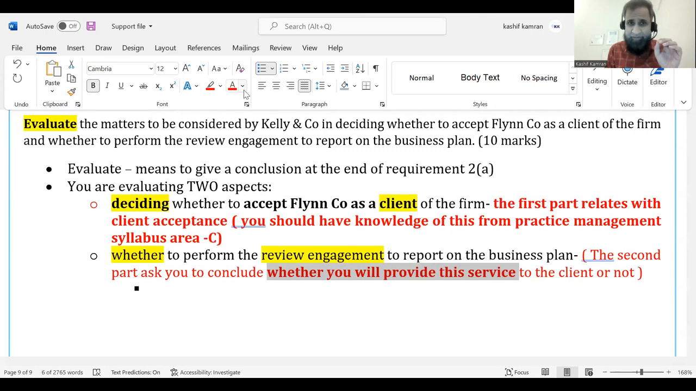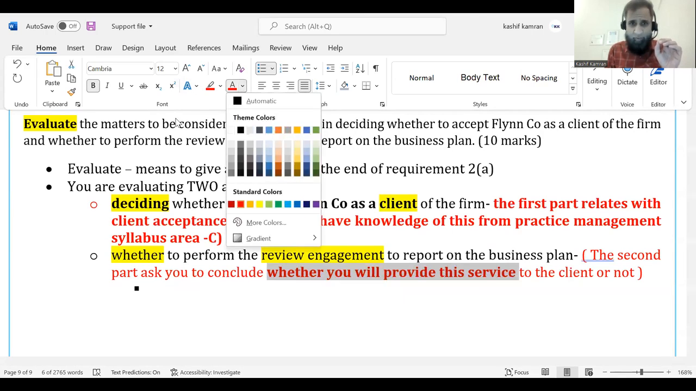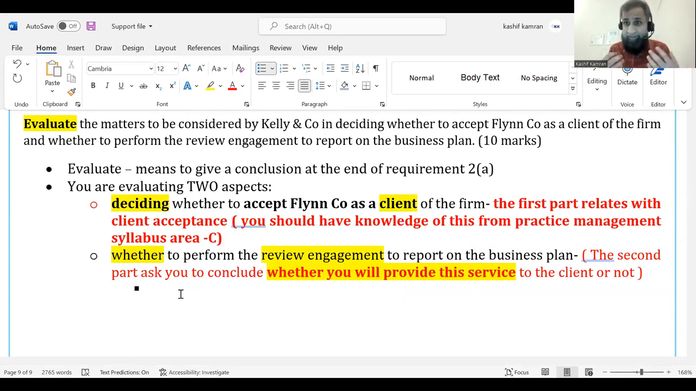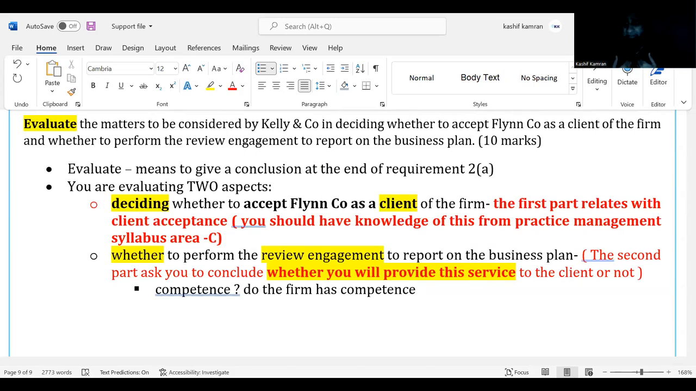Now, what does a service relate with? Tell me. What does a service relate with? Can I offer a service? Can I teach a AAA paper? What will I be looking for? Can I teach the AAA paper as a service? Can I provide the service? I first need to look at competence. Do I have competence? Does the firm have competence? Or if I ask a question, can I teach the AAA paper? I need to ask myself,